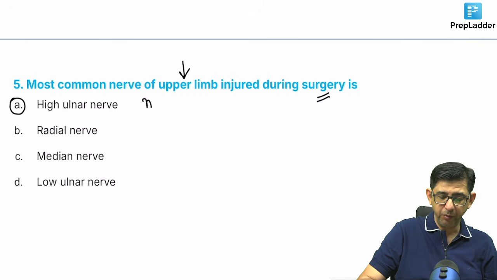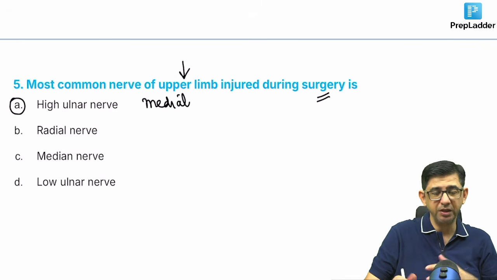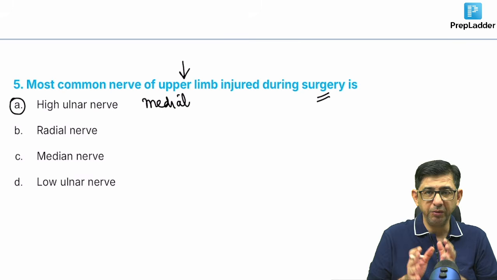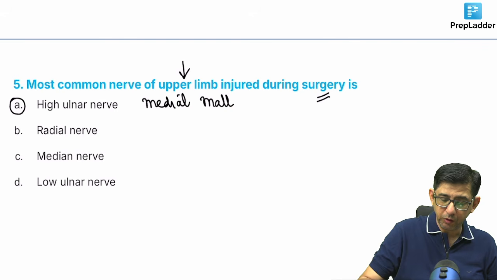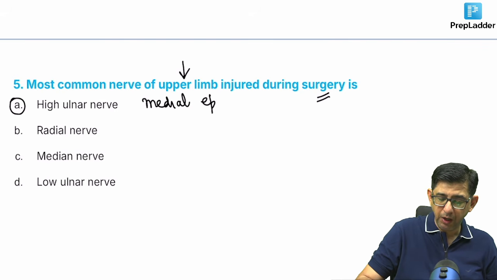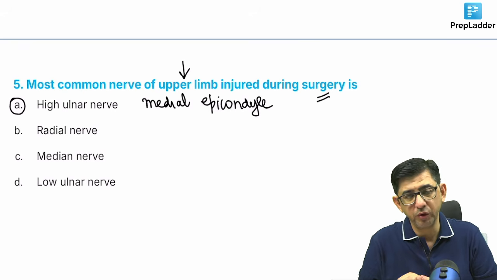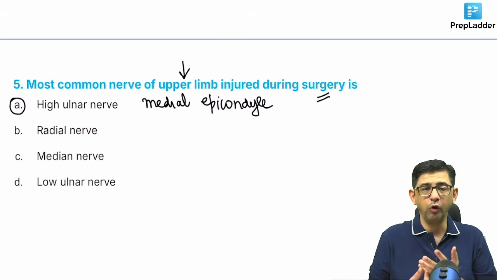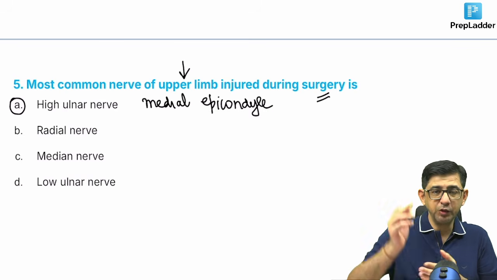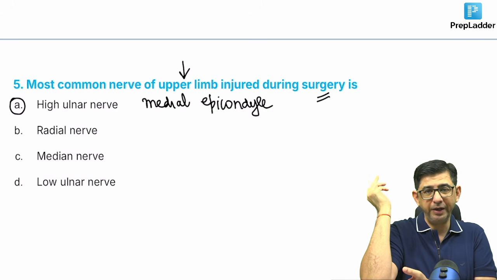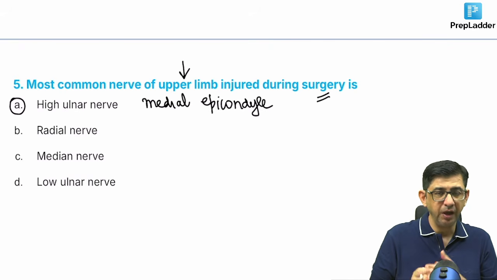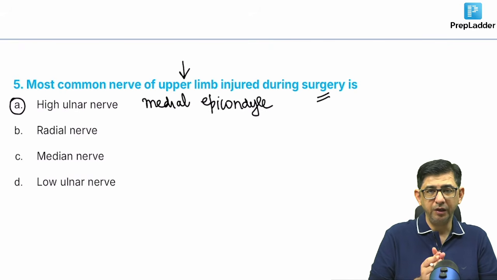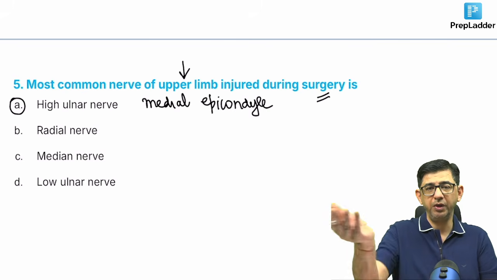This high ulnar nerve involvement is mainly because the nerve goes behind. The rest of the nerves are basically going between the muscles, so they will still be safe. But this nerve is going behind the bone, and therefore will have high chances of injury. So there are two things that I want to say at this moment. One is that in leprosy, one of the common nerve sites where the nerve thickening is palpable is the ulnar nerve. You check it behind the medial epicondyle. And second, as I told you today, any kind of surgery when it is being done in a patient lying supine, the nerve is going behind the bone, and therefore it will be in contact with the OT table.